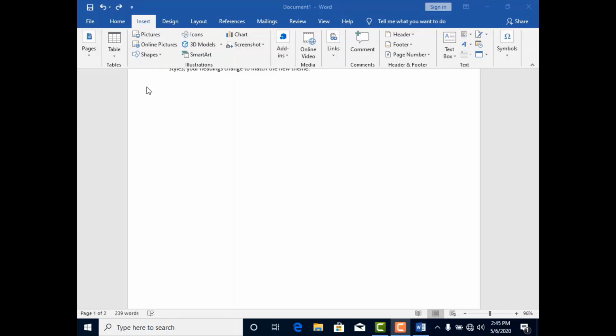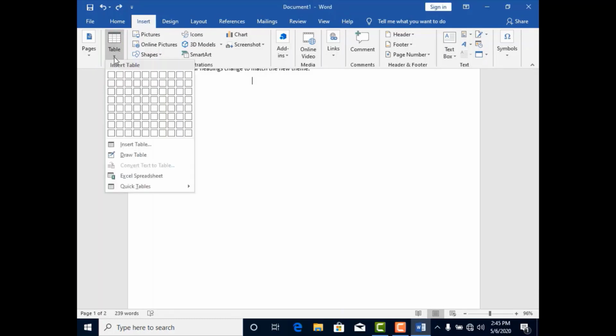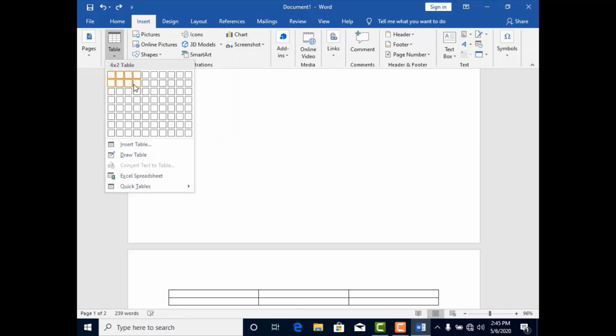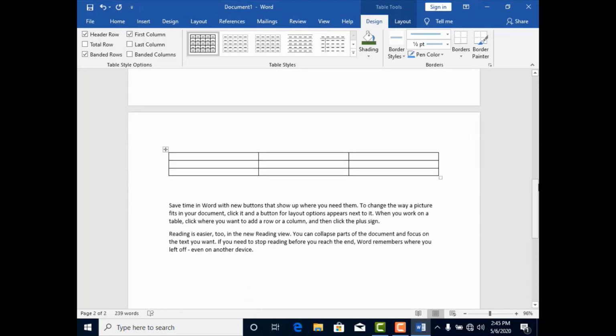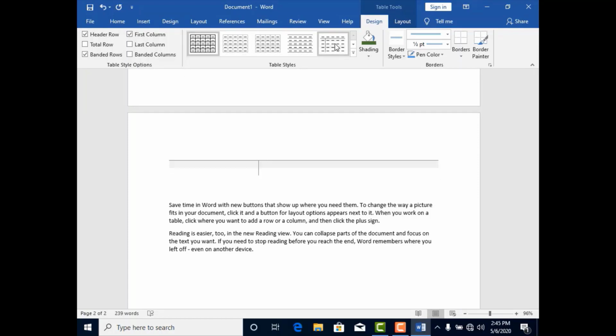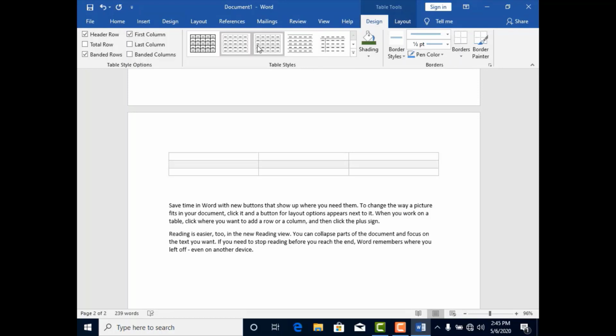Next is table. Now let's create a table. Click on the table, and from here you can select how many rows and how many columns you want for your table. For example, I want 3 rows and 3 columns, and here you can see the table with 3 rows and 3 columns. Whenever you create a table, automatically the design tab will open for you, and you can see this content. For example, there are many designs that you can use for your table. For example, this design,